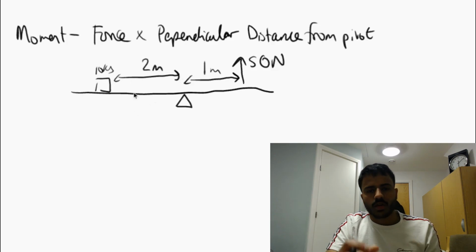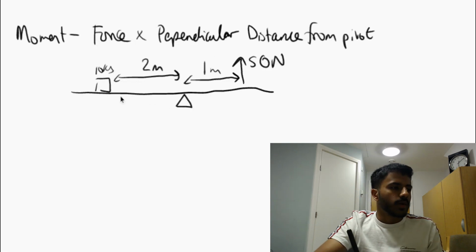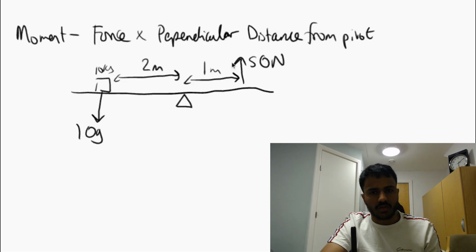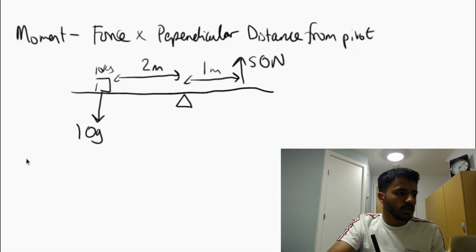If I wanted to calculate the total moment acting on this body, I would have to say, well, the force due to this 10 kilogram mass is 10g before anything. And we can see that this 10g mass and this 50 newton force are both acting in the anti-clockwise direction. So the moment,